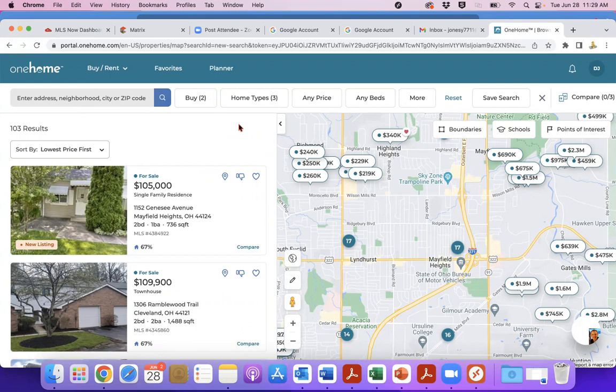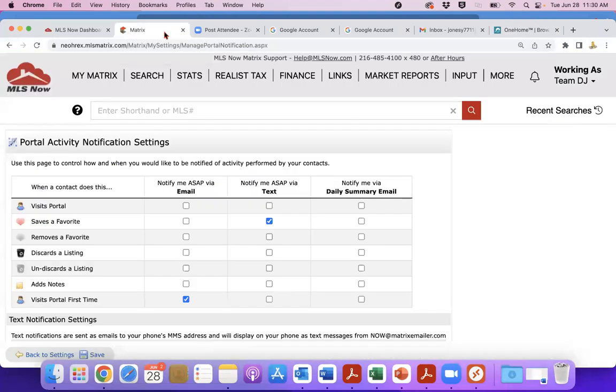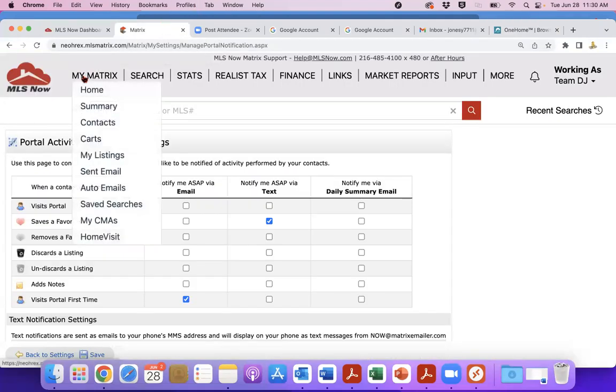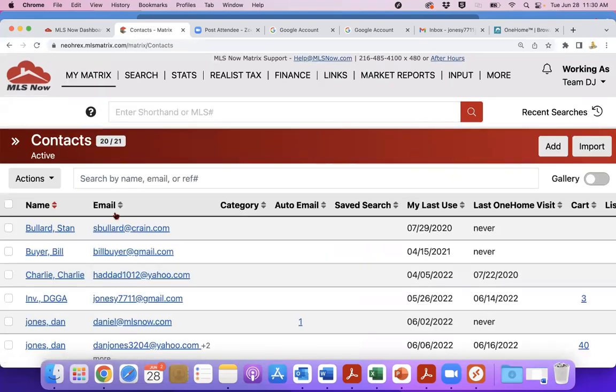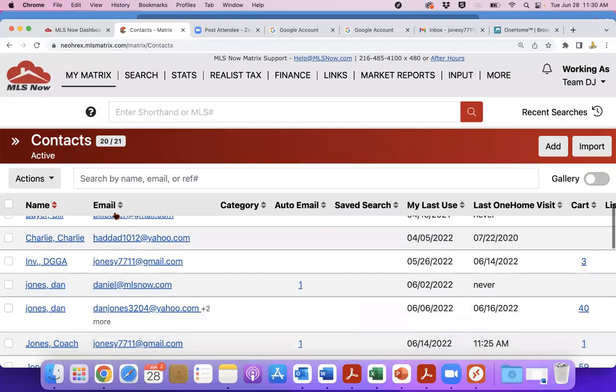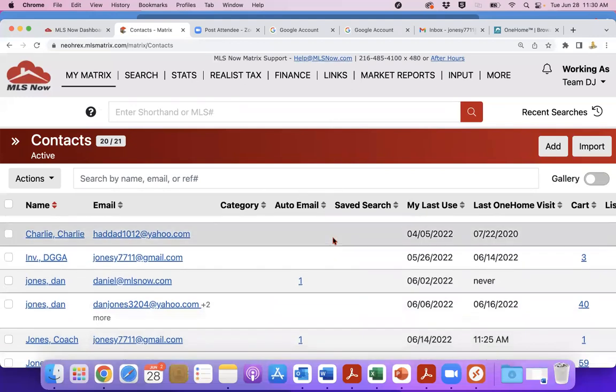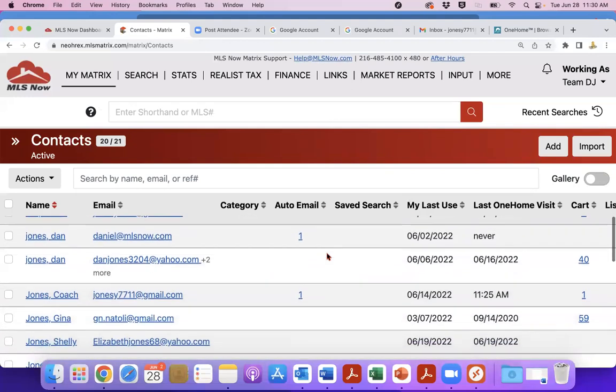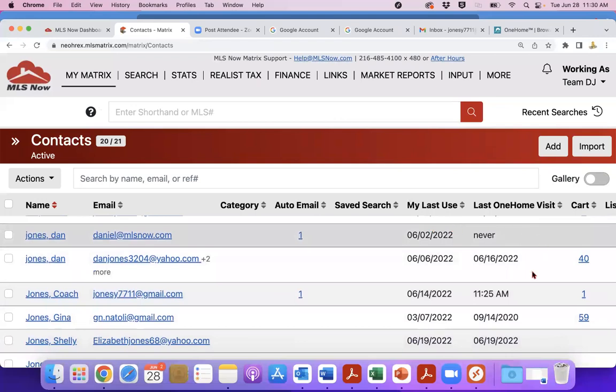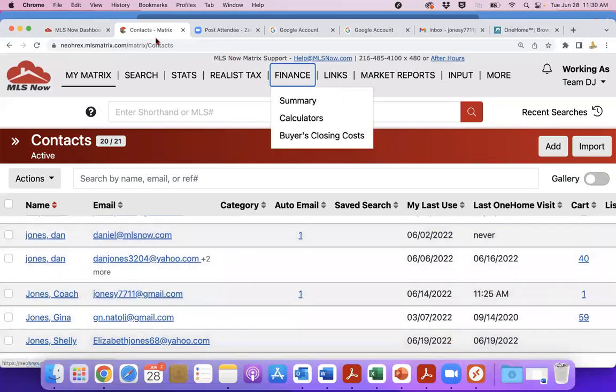And if they set up their own search, you can actually see that they did that back in the MLS. You can see what criteria they used. You can see their results. You can see all of that stuff. That's all done under My Matrix and contacts. So back in the MLS as an agent, if I go to My Matrix and contacts, you can see for my contacts in here which ones have auto emails, which ones have favorites. If I scroll over,